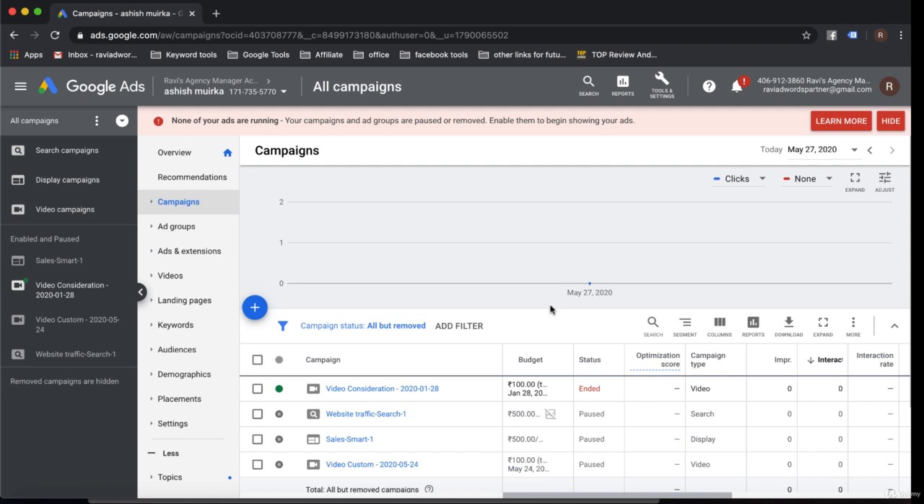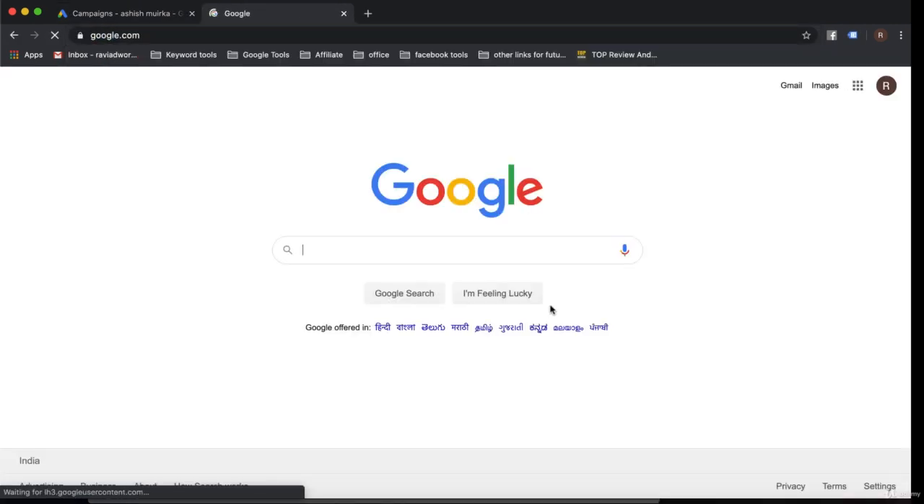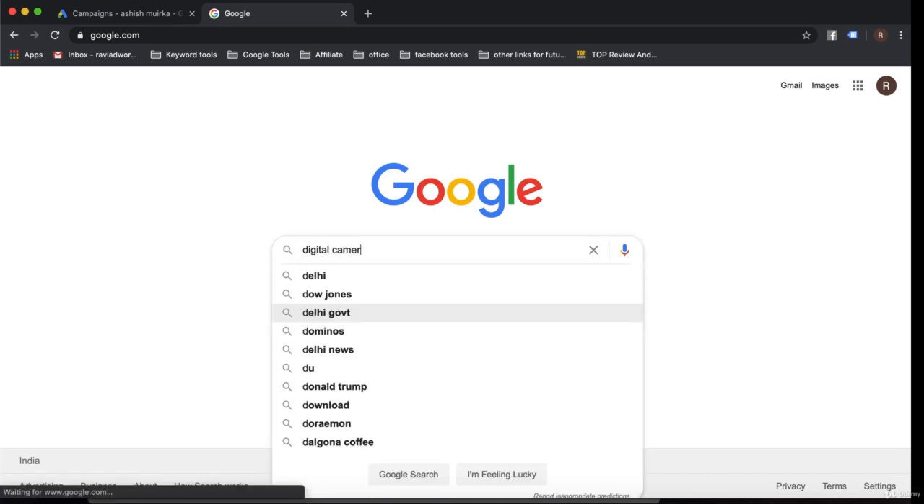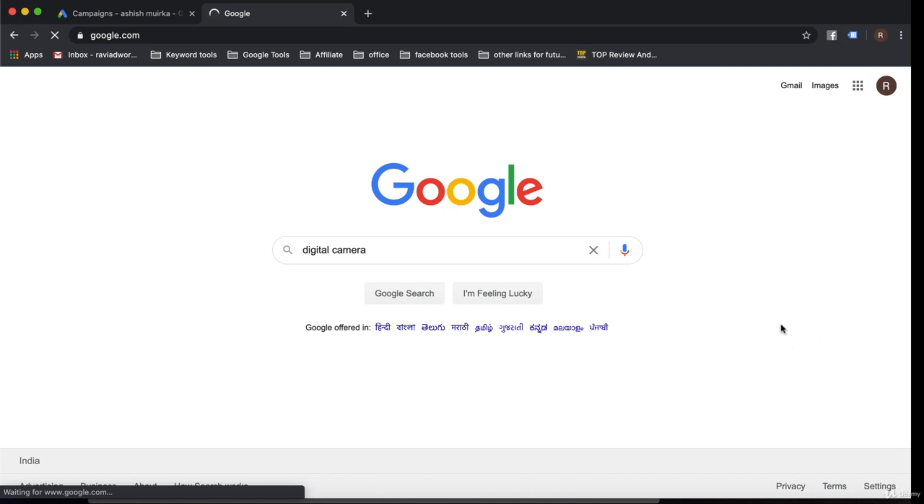Now, how does the AdWords auction work? I will show you an example. I'm searching for digital camera. Now my search query is digital camera, and I am requesting the Google server to show me results for digital camera, and the Google algorithm will search for digital camera related ads, and then it will show to my